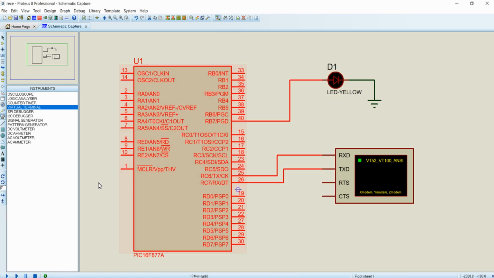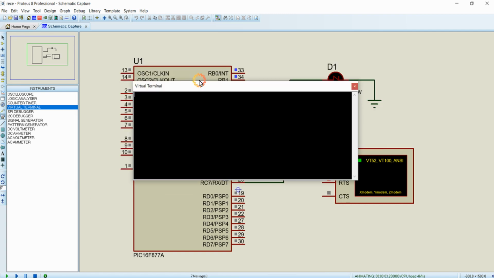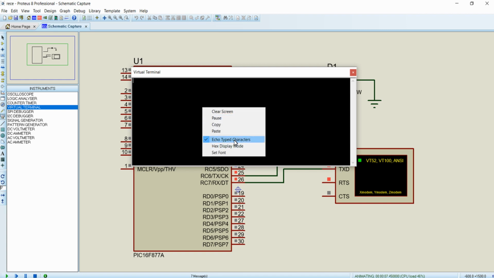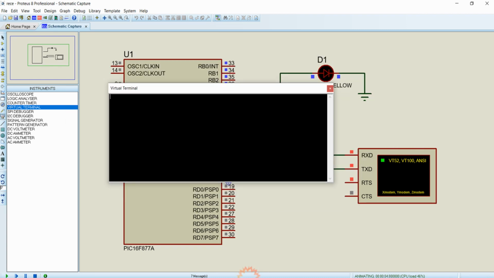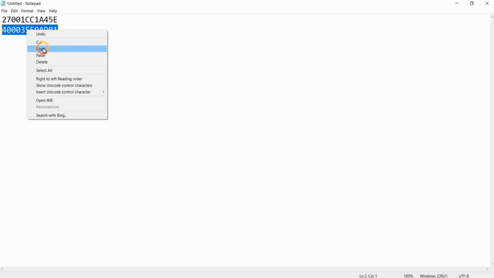Now when I play the simulation using the play button in the left bottom corner of the window, you can see we will get a virtual terminal box over here. Right click on it and select this echo typed characters. You must tick this option to view the characters that you are typing in this virtual terminal. As per our logic, whenever we place this code over the RFID module, these 12 characters will be sent to the PIC16F877A microcontroller over the UART bus. So I am copying these 12 characters,